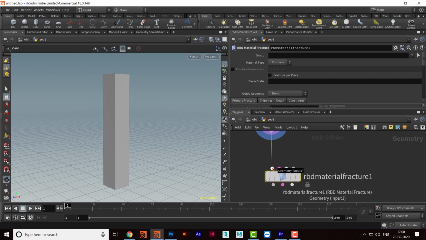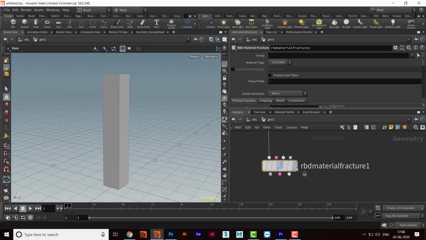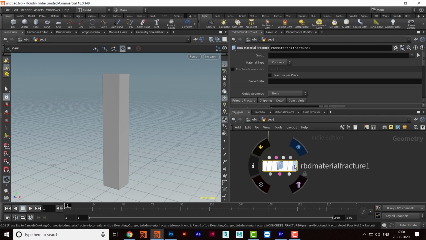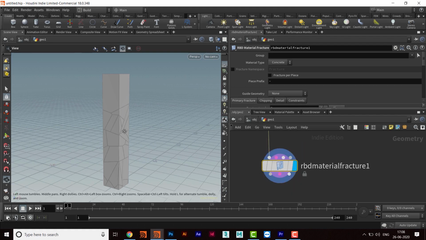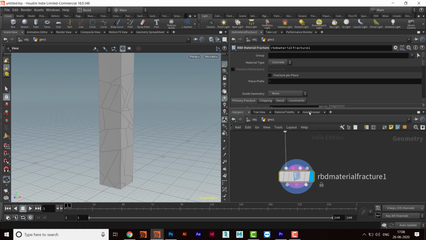The first one is for the input geometry we are fracturing. The next one is for the constraint geometry. The third one is for proxy geometry, and the fourth one is for if we are adding some points from outside, and then we want to fracture some area which we like, and not from the inside body. So I'll click on this. Okay, so now the fracturing is done, and then we'll see some of the options here.